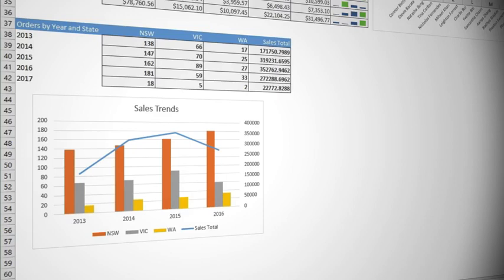We can see the number of orders increases in the states of NSW and WA, but are down slightly in the state of VIC. And our sales total takes a definite downturn, suggesting that the orders coming in are worth less. The state of NSW, New South Wales, is showing a steady increase in orders,